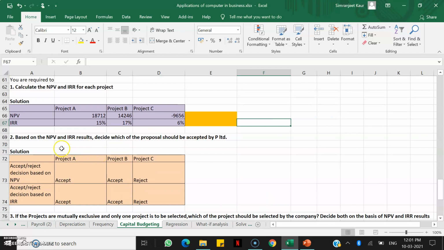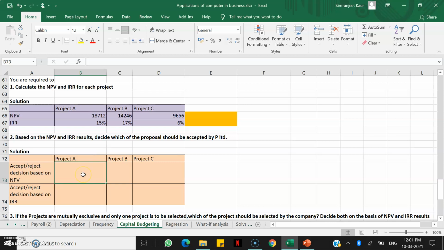Now the second question says that based on the NPV and IRR results, decide which of the proposals should be accepted by P Limited. You see, these are not mutually exclusive decisions, right? You can accept more than one project. So let me erase this and we can write it again. I've already made this table for convenience and to save time.